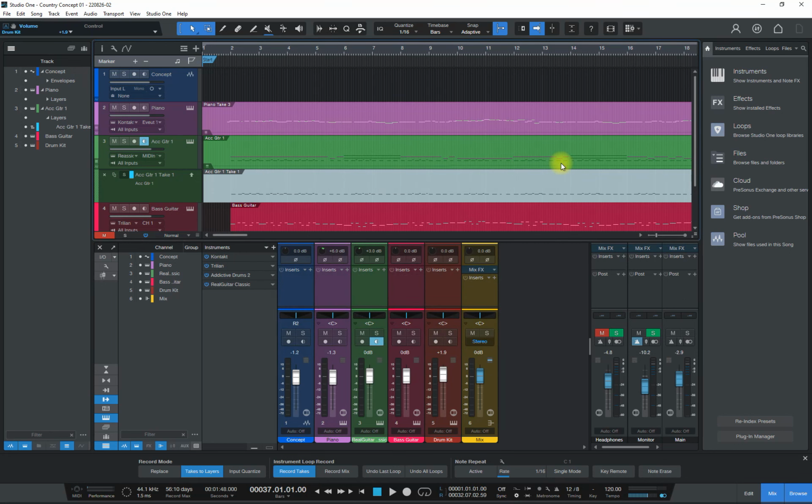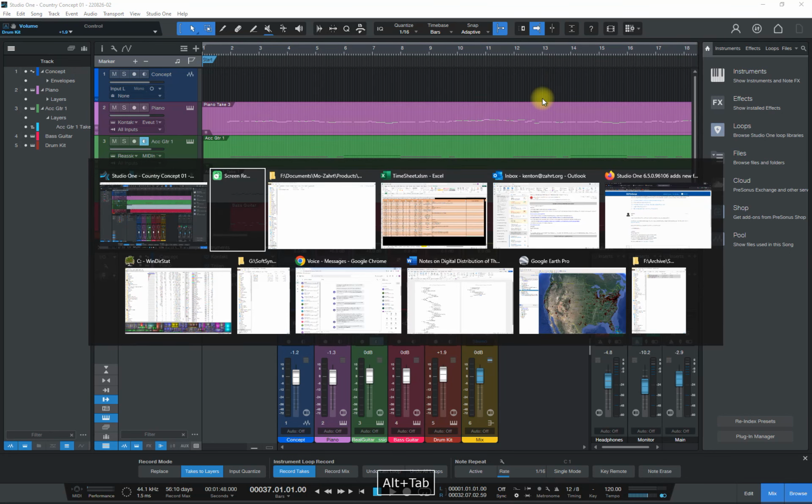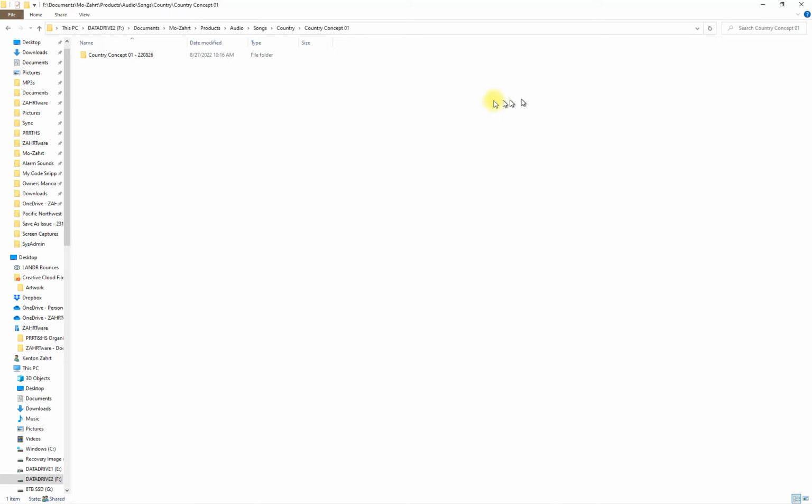Before I get started, I'd like to take just a moment to show you my directory structure that I'm using, so that as we go through this, you'll be familiar with what's going on and why. I could use your versioning system for this, and it's a nice system, but it's not consistent with other versioning systems that I'm using across all of my tools. So I'm using a system that I've been using for years very reliably on all of my tools, including Studio One until just recently,